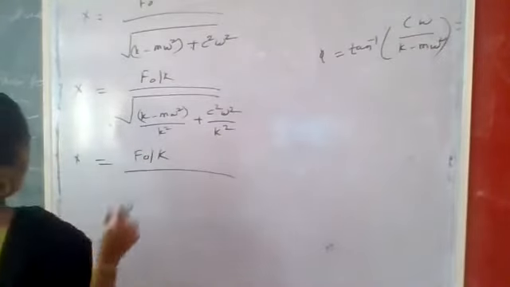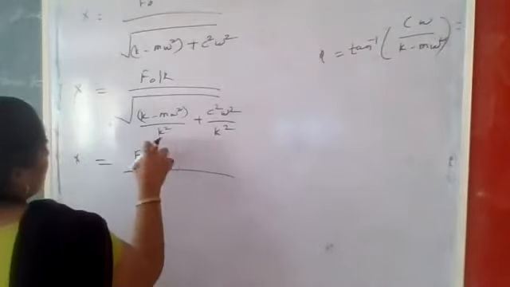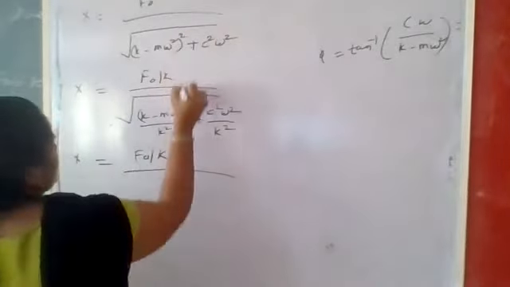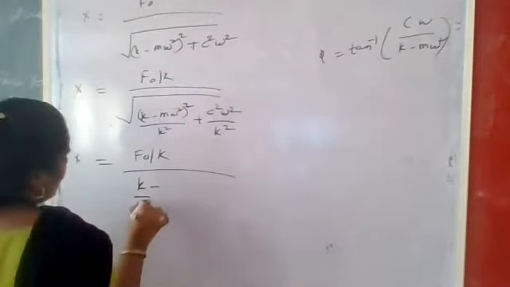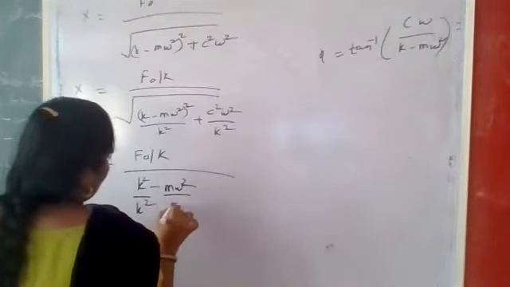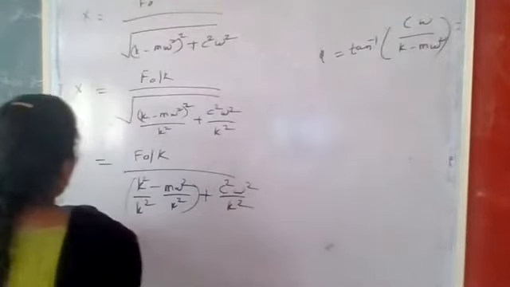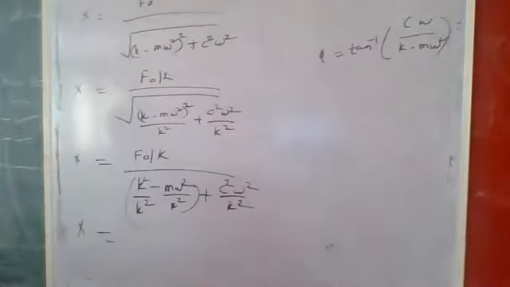and divided by, if we convert this value, how will it become? You can tell me, please. That is the k square. There is maybe a square term that remains. So k minus, k divided by k square, that is the k square, m omega square divided by k square, bracket complete, plus c square omega square divided by k square. What is the value? F naught by k divided by 1 minus